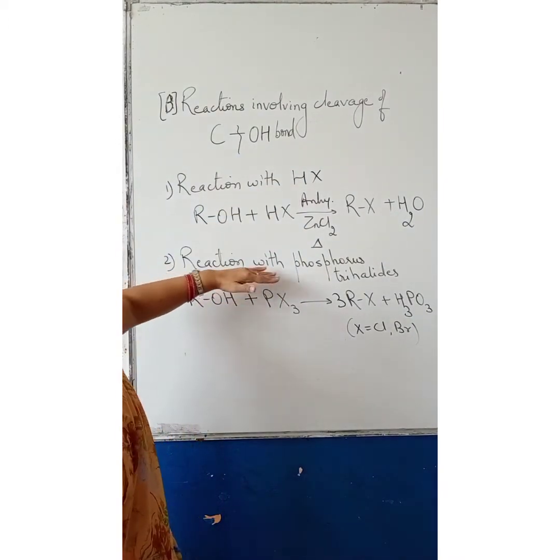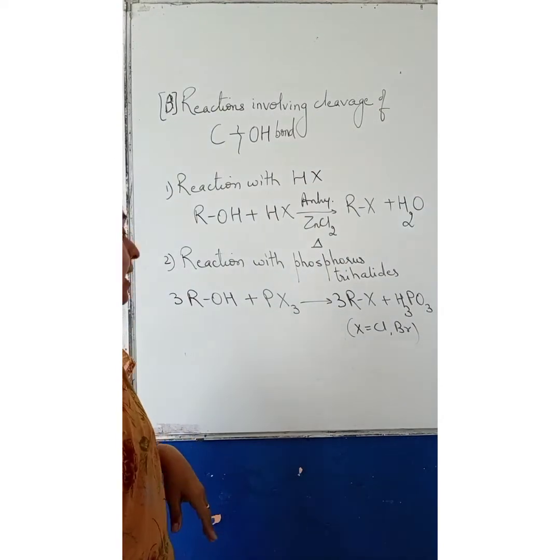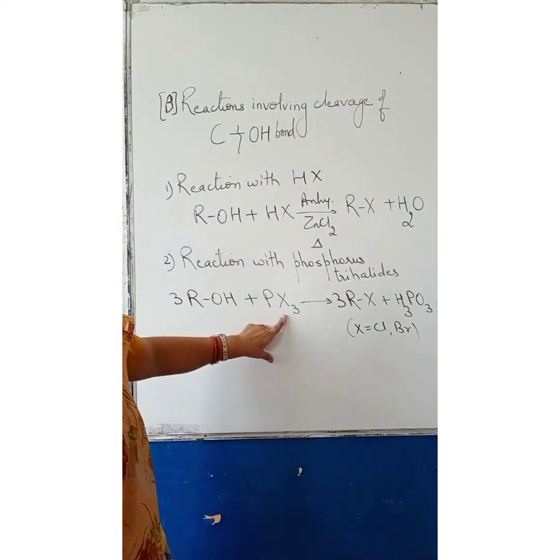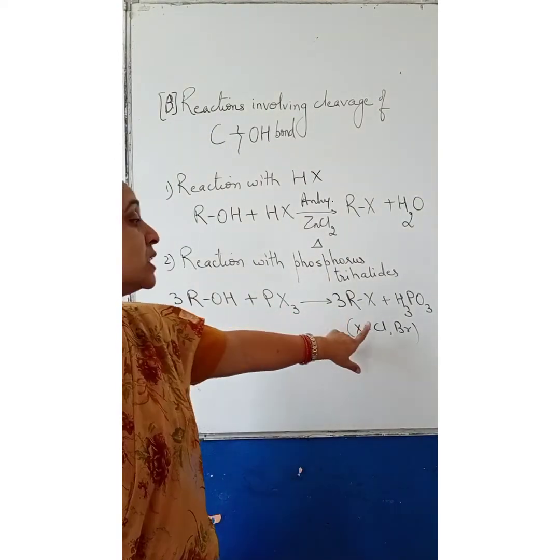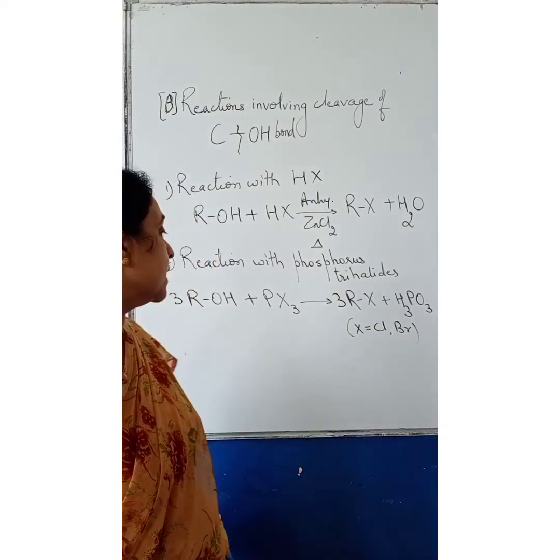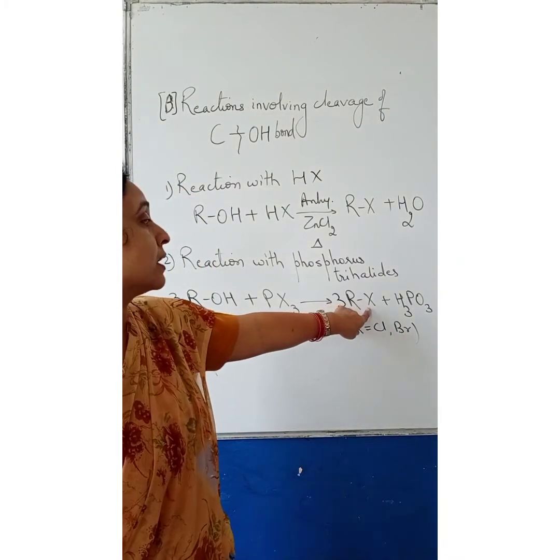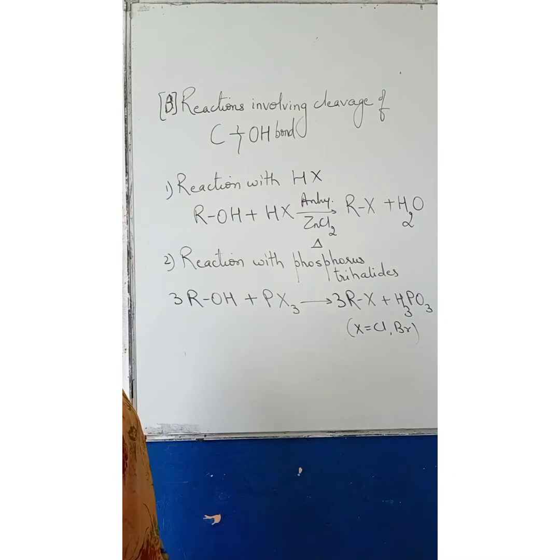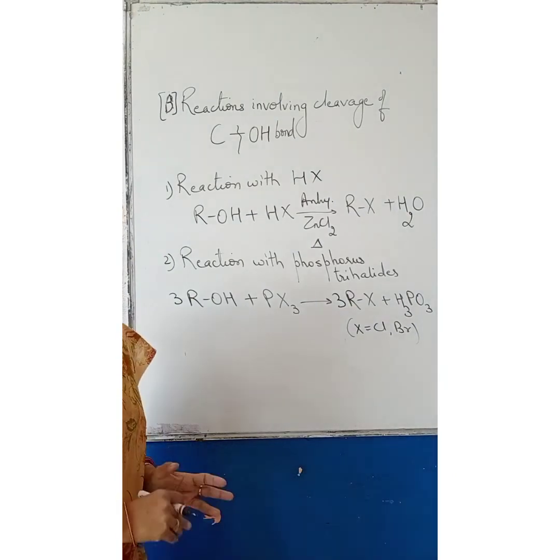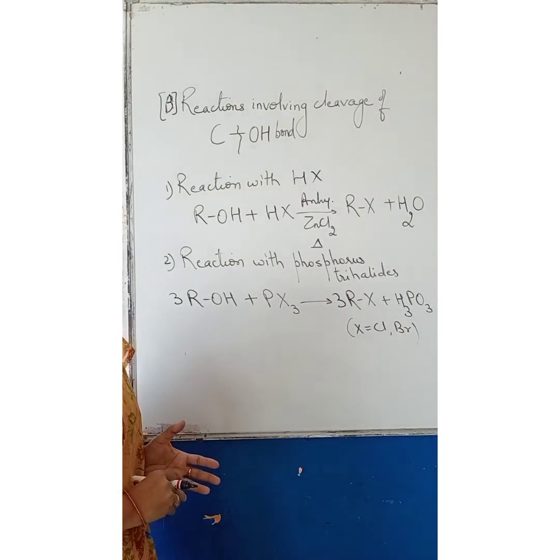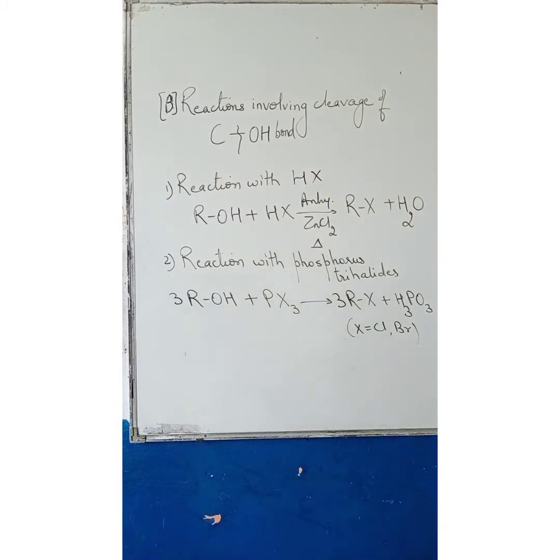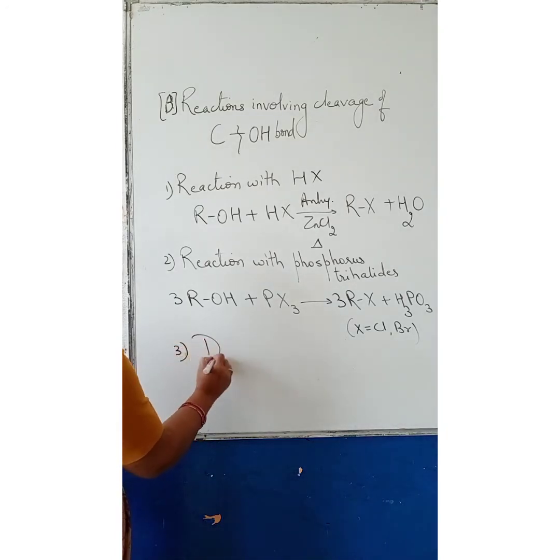The next one is reaction with phosphorus trihalides. ROH plus PX3, where X stands for either chlorine or bromine, gives alkyl halide and H3PO3, phosphorus acid. Now let us see the next type of reaction where the cleavage of carbon-OH bond takes place, and that reaction is